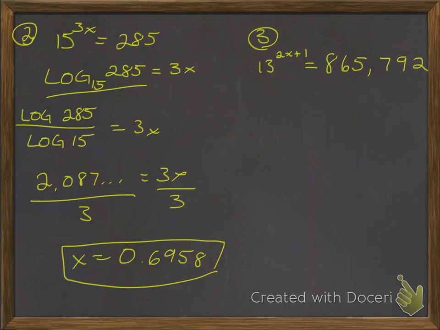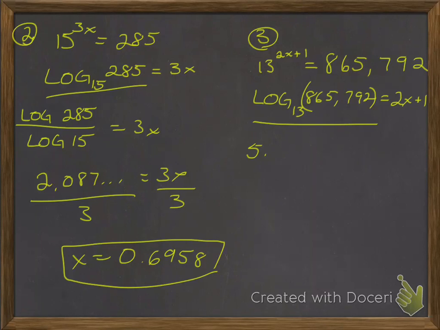Okay, so for this one, this is an exponential function. I can't get the bases to be the same. It's not going to be that big. If you can, it's going to be more obvious. So I need to use log form. So I change it to log base 13 of 865,792. Now I'm going to put that in parentheses just because it's so long, is equal to the exponent of 2x plus 1. So do this in the calculator,